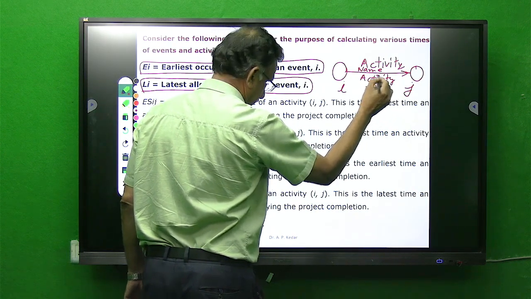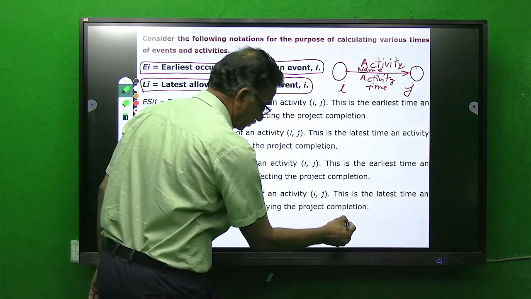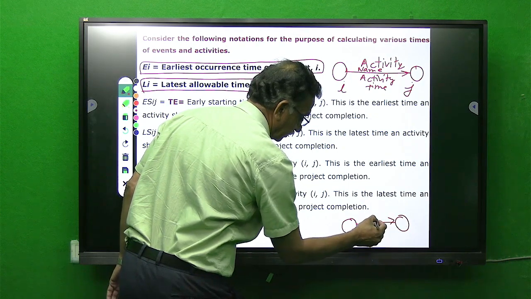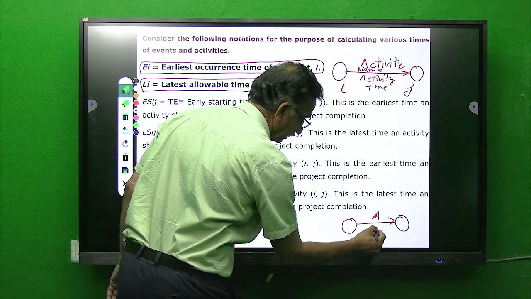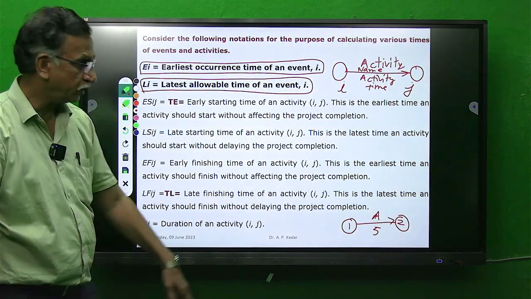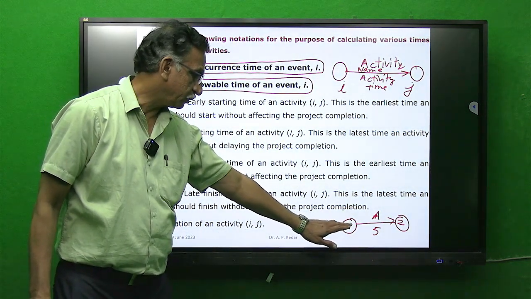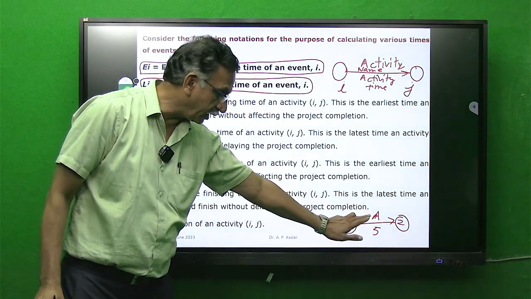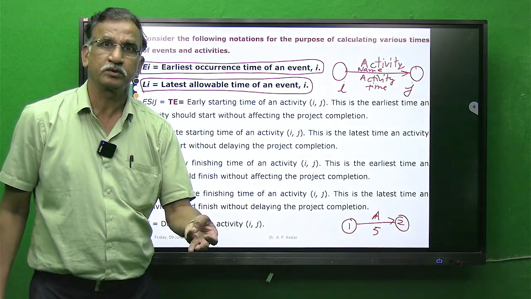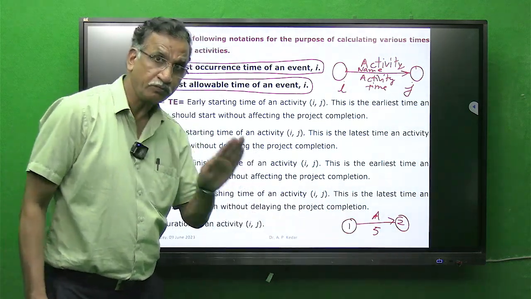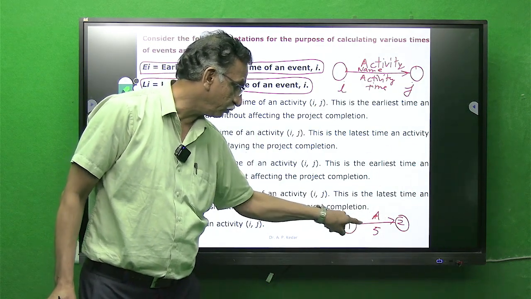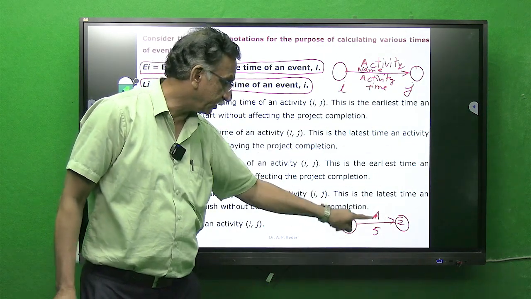For example, suppose I write activity A, with 5, from 1 to 2. Students, the meaning of this is that this activity is named A, which consumes 5 units of time, maybe days, maybe weeks. I have not mentioned; I am saying 5 units of time. I have written the name of the activity above the arrow, and the activity time below the arrow,